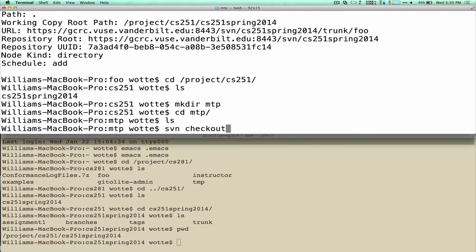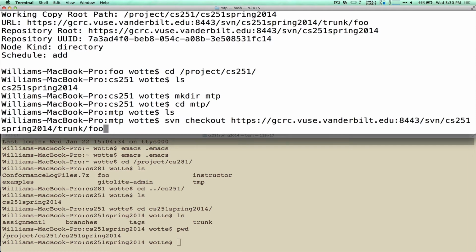SVN checkout, and then I'm going to paste the URL. Okay? So let's explore this URL a little bit. This part of the URL identifies a repository, right? The part that ends in spring 2014. That identifies a particular